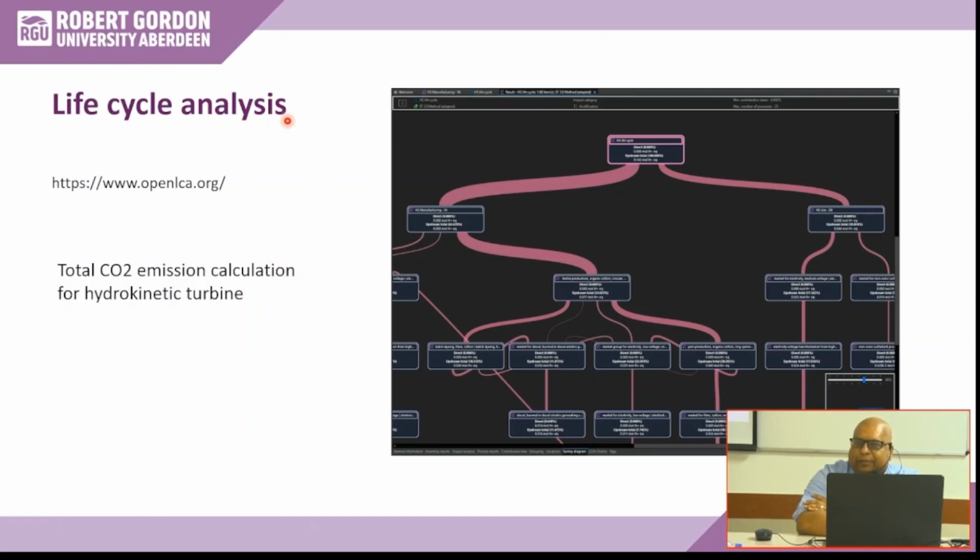You bought it from Germany, okay, and that is exported from Germany to here, and from here you take it to a remote area in Assam to put it there. So if you trace the whole path of how much carbon dioxide emission happens to bring it from Germany to your location,